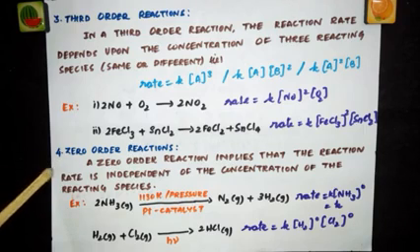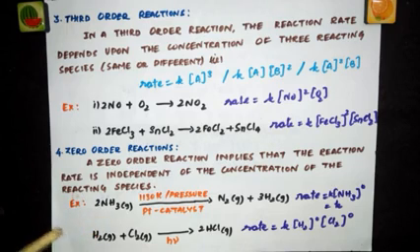We have zero order reactions also. A zero order reaction implies that the reaction rate is independent of the concentration of the reacting species. So the rate of the reaction does not depend upon the concentration of the reacting species. Then we call such reactions zero order reactions. These reactions are mostly carried out on the catalyst surface. For example, thermal decomposition of ammonia on the surface of platinum catalyst under high pressure.